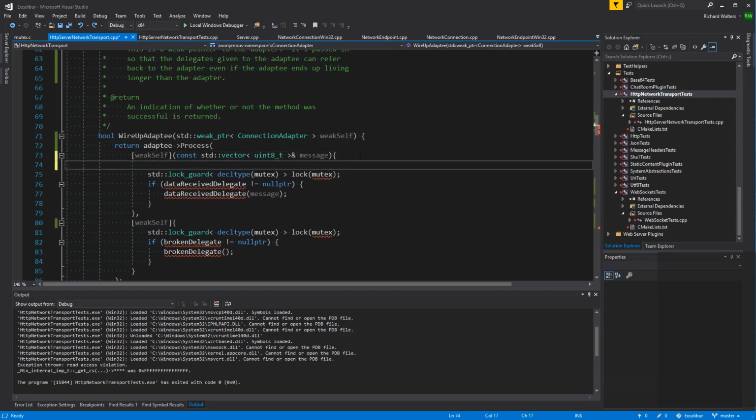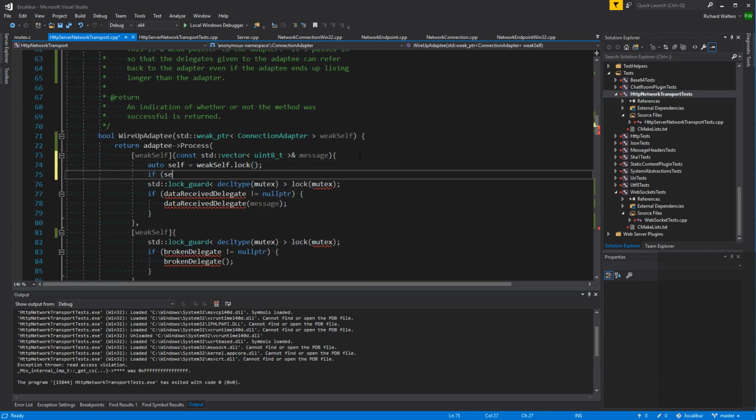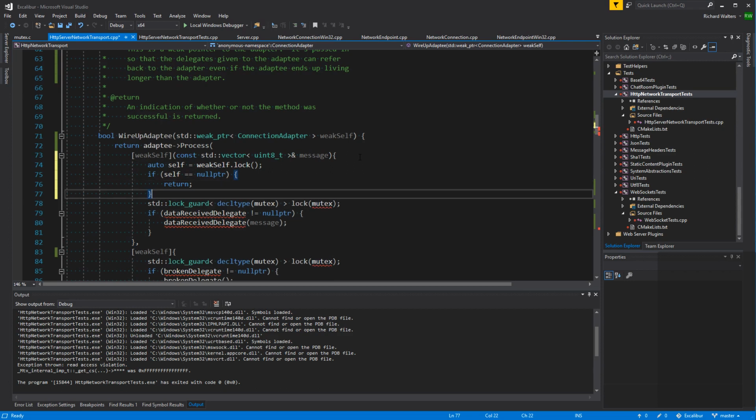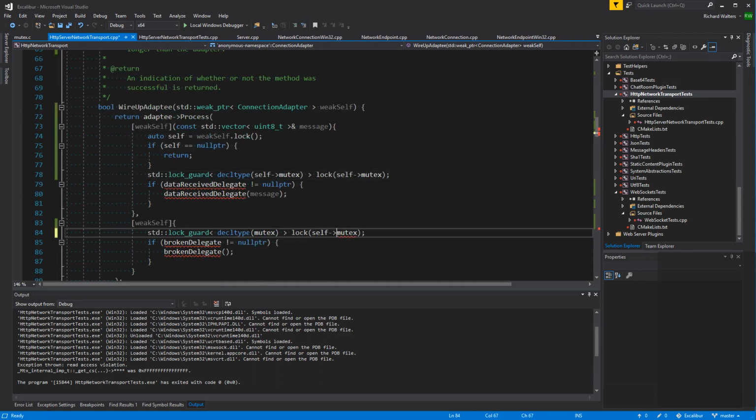So the general thing you do here is you say auto self equals weak self dot lock, and then if self is null pointer, then you just do nothing. Otherwise, everything else here is through self. Self is kind of like this, only it can't be this because this is a reserved word.